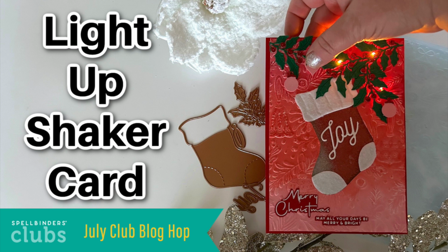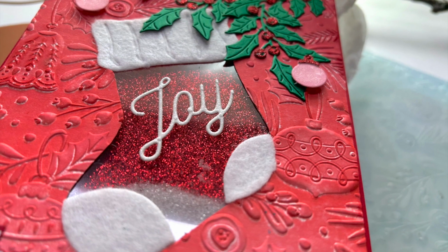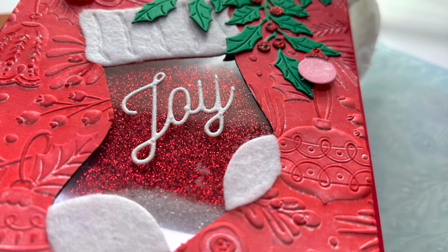Today I am making a shaker card that also lights up. I'm using the large die of the month and a few other club kits from Spellbinders